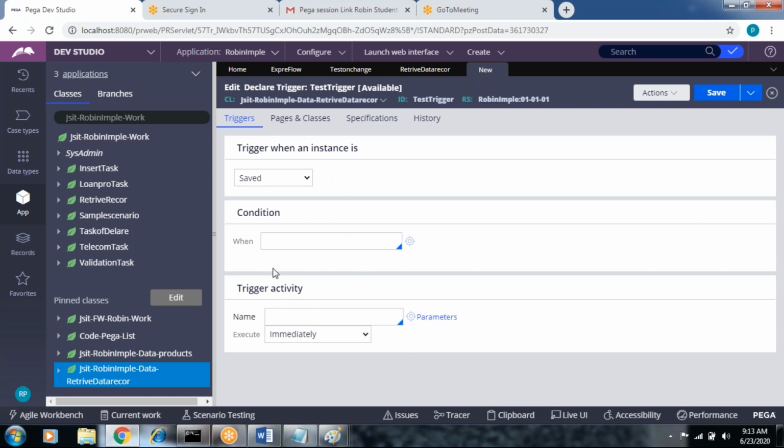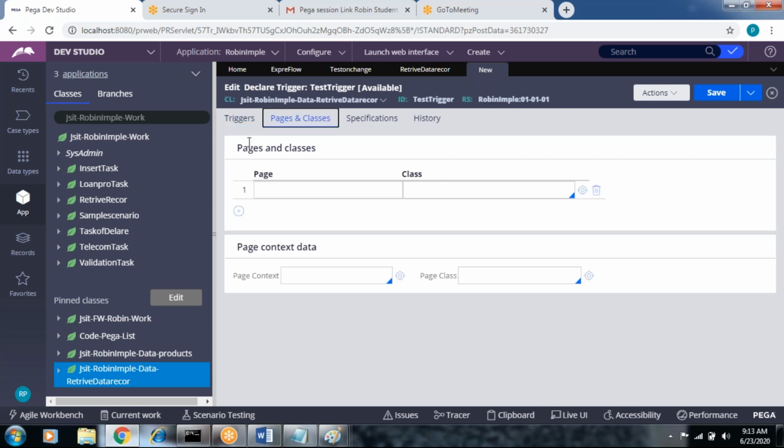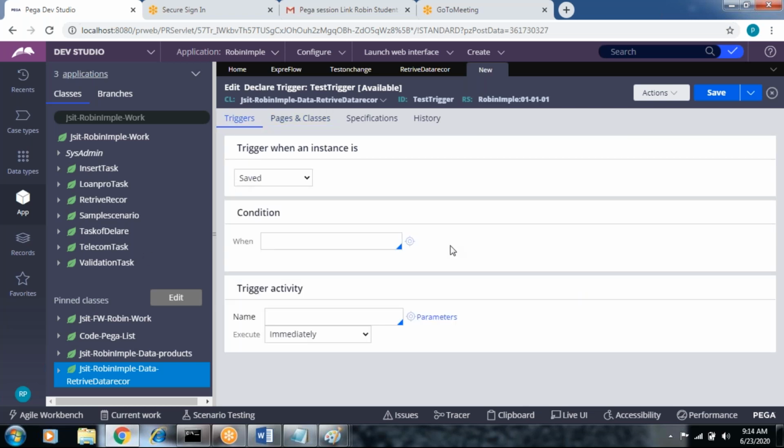We save and don't define the when condition. Let's create an activity for test. For scenarios, we do one thing: the test activity we will change.